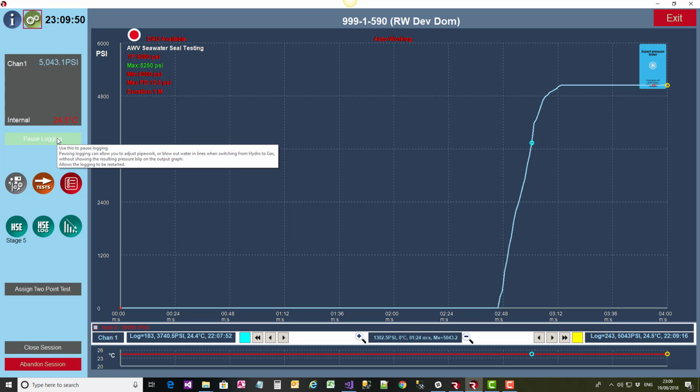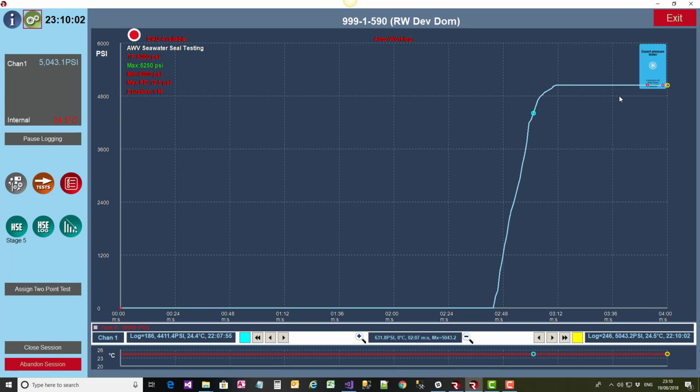We've made some changes to the software to better identify improving trends and display the data in a bit of a nicer fashion to help the operator determine why a test is failing or whether a test is passed or not. So we've got a test on the screen here, and you can see we've got a couple of breaks in between the session. Now the maximum pressure drop is 12.5 psi here, and what we do is we don't